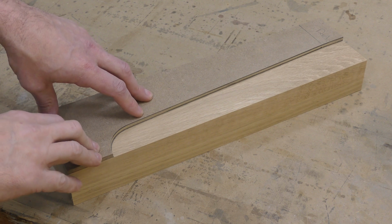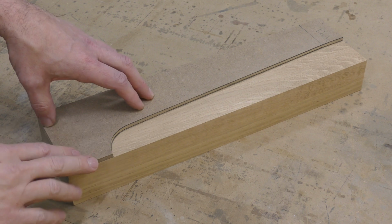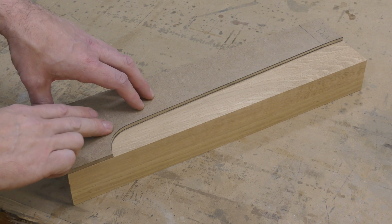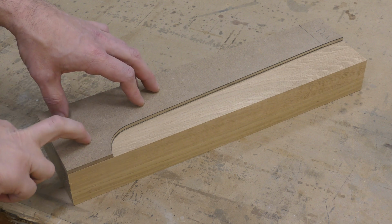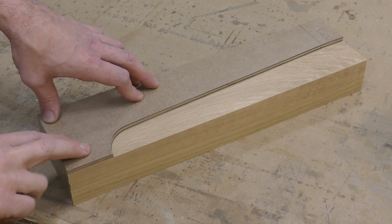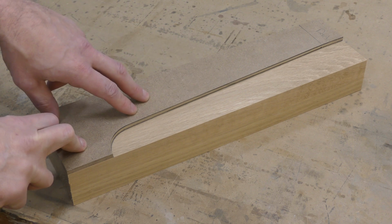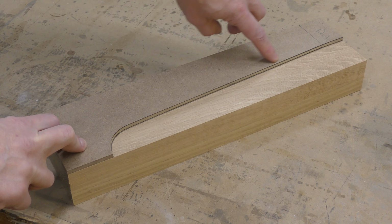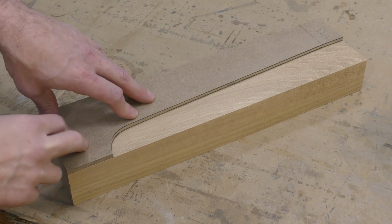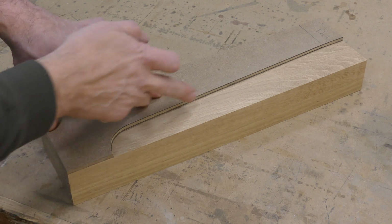And then it comes out really decent off of there, but then I fine tune it with a little hand sand on a flat block, just to get it really flat so you can't feel anything. And the reason, if you don't know, this is a template or a pattern. The bearing on a flush trim router bit will be guided through this. It's going to ride along on that edge, and it will finalize the cut on the leg